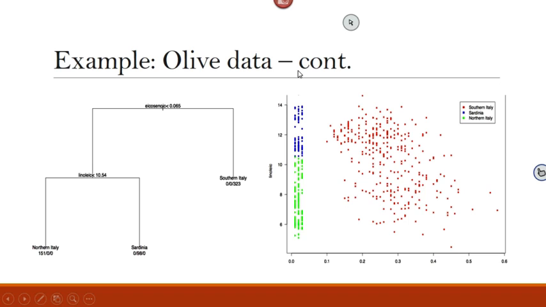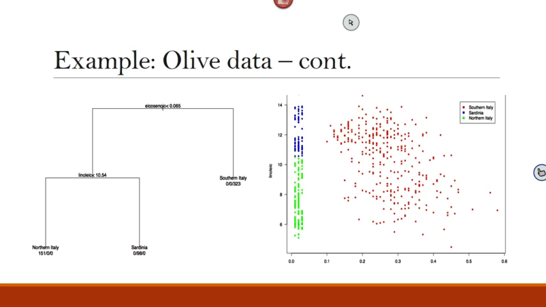Tree-based methods are suited for this kind of problem. Now, we learned linear regression. If you think about applying linear regression here, or logistic regression, you will see that a tree-based method will do a better job, especially because the classes are well separated.